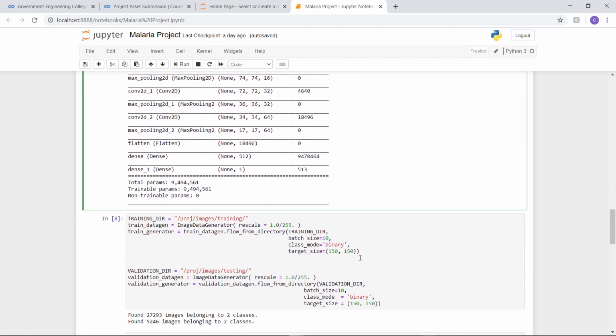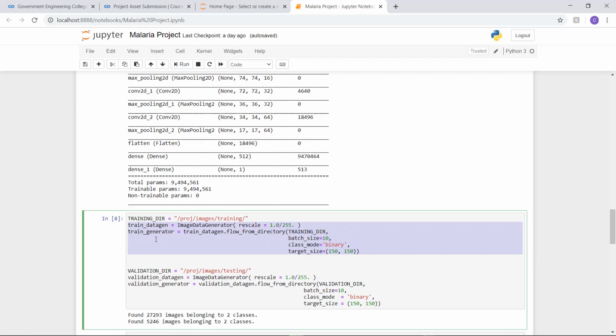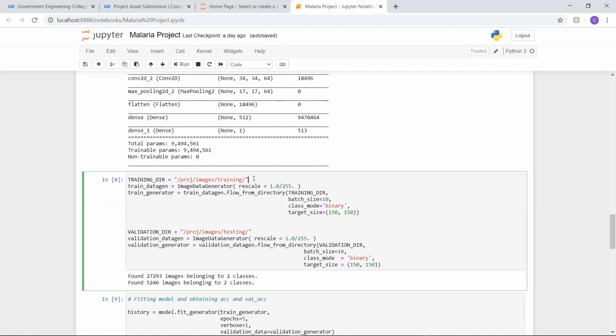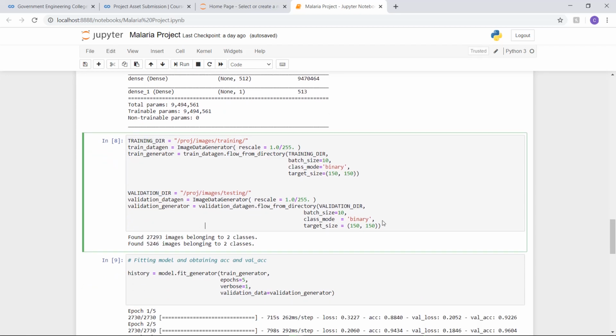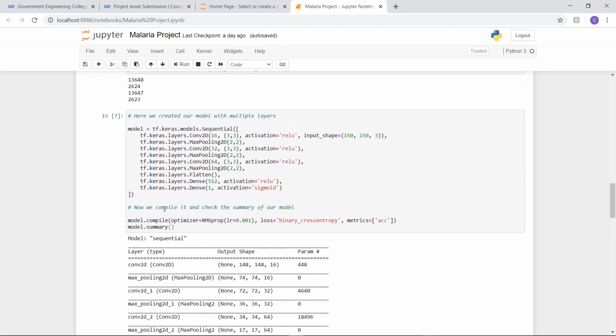Here we are training our data and generating it. First we use just the training directories, and then the testing directories. After this you can see the number of images in training and testing are basically the sum of this.